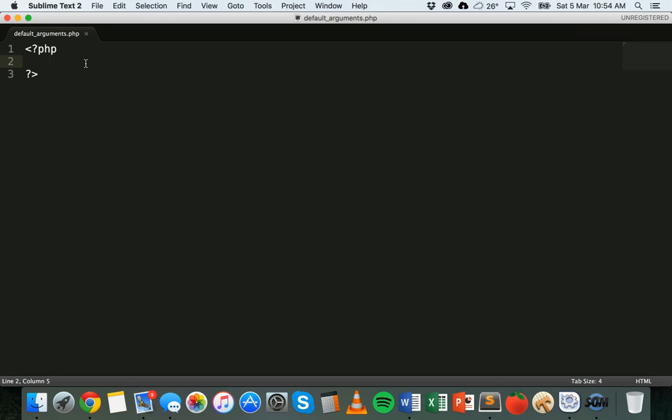In this tutorial, I'm going to look at default arguments when working with functions in PHP. So we've already looked at how to create functions and use arguments and pass data into functions, whether it's a variable or an array. But now we're going to look at how to work with a function where it takes an argument or two arguments or more arguments, but none is provided by the user or by some other part